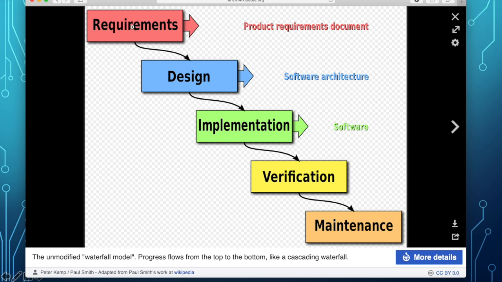So you select only a few of the functions that you will implement here, functional and non-functional requirements, and then you go through design, implementation, verification and maintenance in a sprint, let us say 4 weeks.